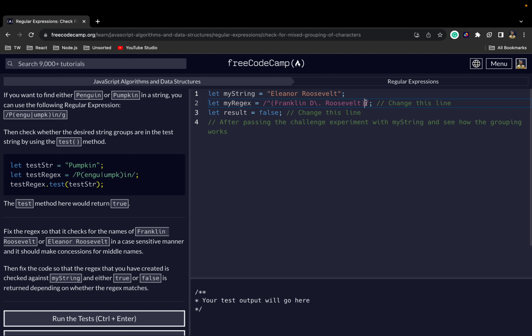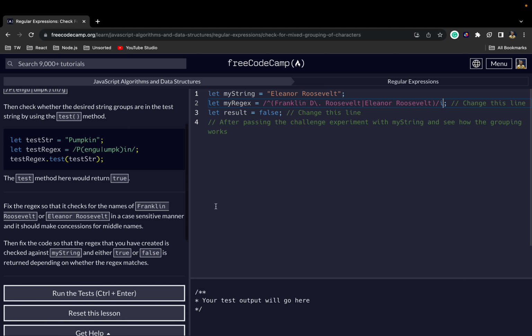So you bring in an or: Franklin Roosevelt or Eleanor Roosevelt, like so. And mind you, we are also to search in a case sensitive manner, so we'll bring the i like so, and that should be it. Now, we are told to